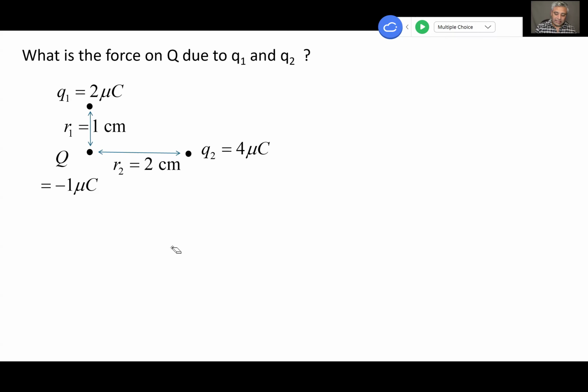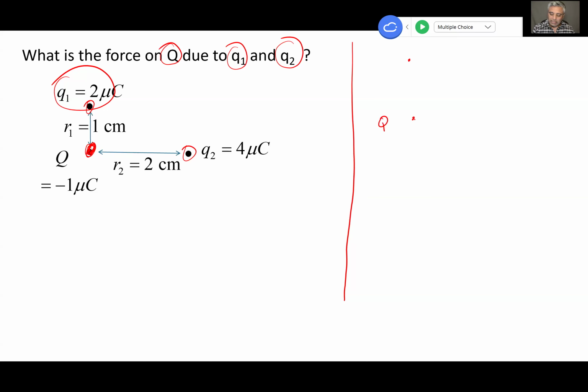So this is asking us what's the force on Q due to Q1 and Q2. So that means we are looking at the force here due to this one and that one. So if we were to break this problem down, we need to find the force on Q due to Q1, right? So Q1 is here and Q is over here. So the force is going to be in what direction? Is it going to be that direction or that direction? So let's say the force is F1, okay? So F1